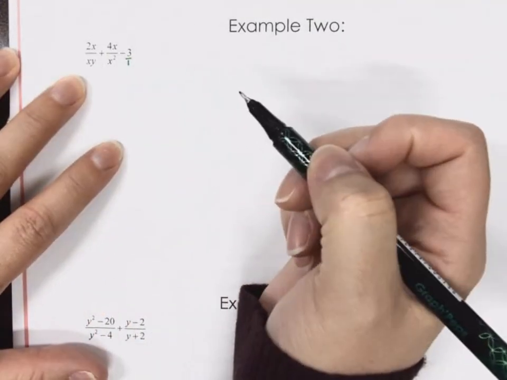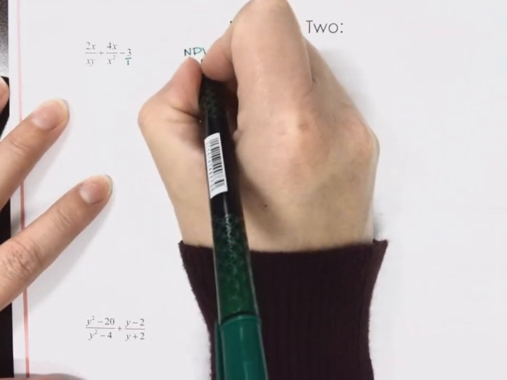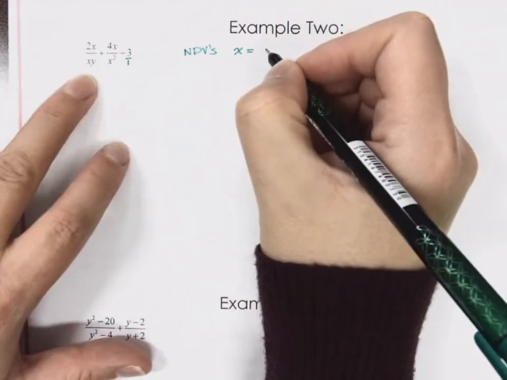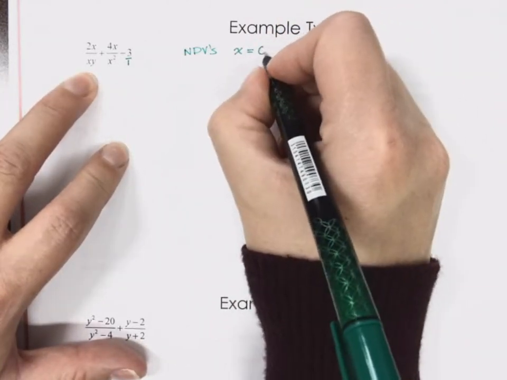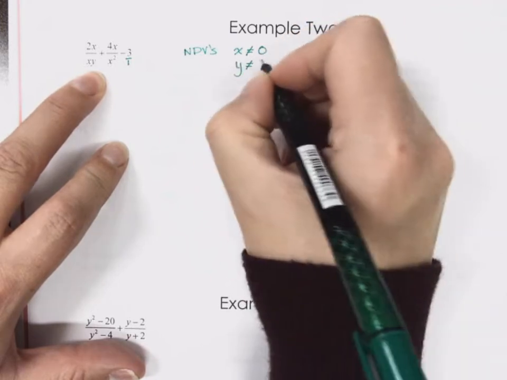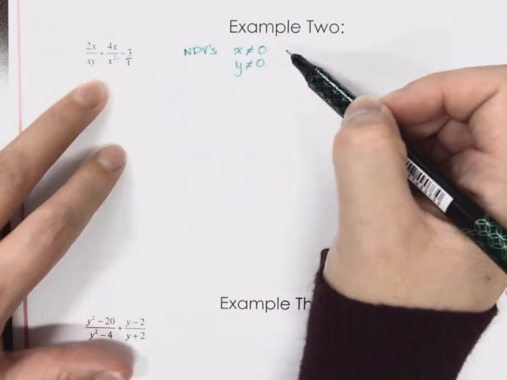Okay, here we go. Step 2, NPVs. X cannot equal 0 because it's by itself. Y cannot equal 0 because it's by itself. X squared is just going to be,